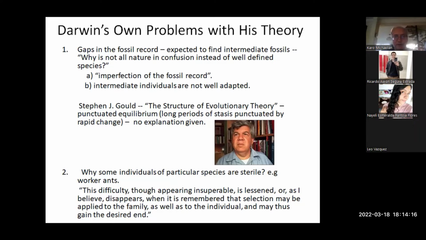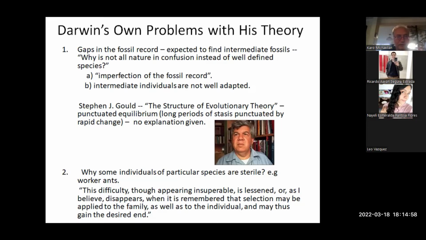There was a little bit of attempts to explain that, well, a species could, for example, be separated from another, and then one of the species became more adept in the environment, and then it would go back and overtake very quickly the other species. Basically what Darwin was saying, that intermediate individuals were not very well adapted. But it was never really developed, this theory of Stephen Jay Gould, the punctuated equilibrium, although that seems to be what is happening in nature. It's a good description of what is happening in nature.